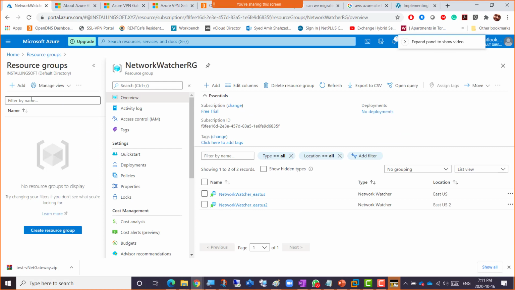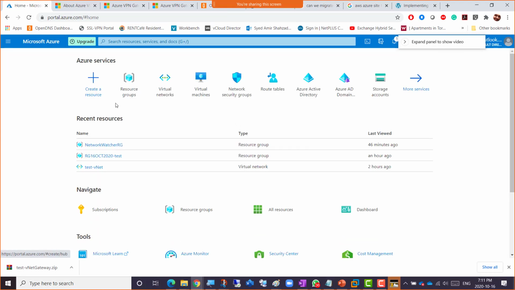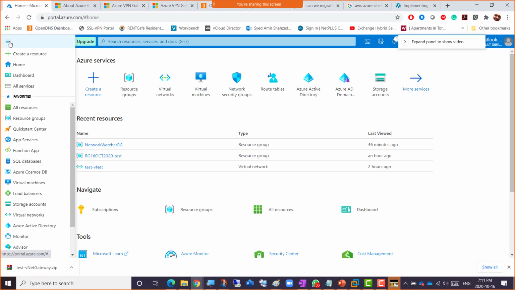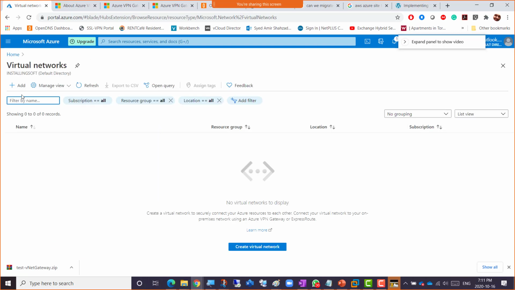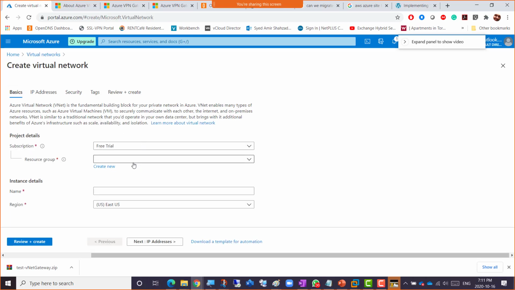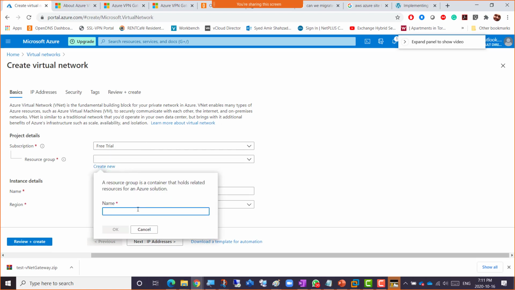Okay, let's do this. So I'm just going to go to my Azure, and then I'll go to this portal menu here, and I'll go down to, well, we need to create a resource group, but how about we create it with the VNet as well? So let's go down directly to the virtual network here. Once we go to the virtual network, obviously we've done that so many times now, so I'm going to click the add button here, and then I'm going to first check no resource group here. That's good. And then click create new resource group, and RG, and today is